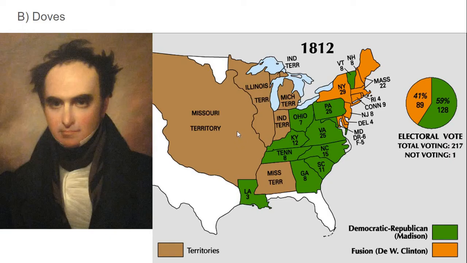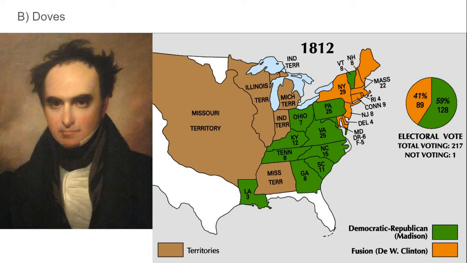The Doves are the people against war. Generally, this is the Federalists. They're going to be represented by Daniel Webster here of Massachusetts, who's going to be one of the strongest voices against the war. And in general, as we can see in the election of 1812, we have a fusion of anti-war Republicans and Federalists that come actually somewhat close to challenging the massive amount of Democratic-Republican dominance that we've seen